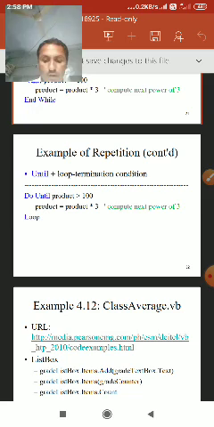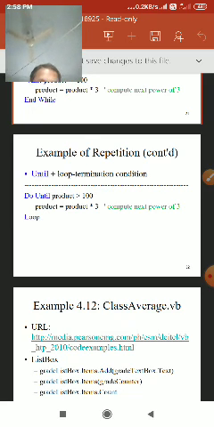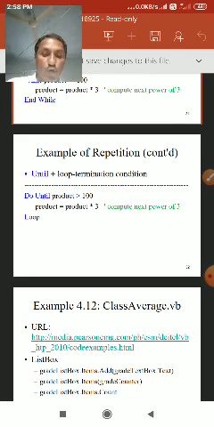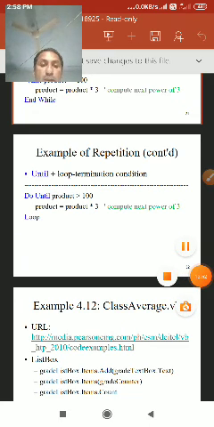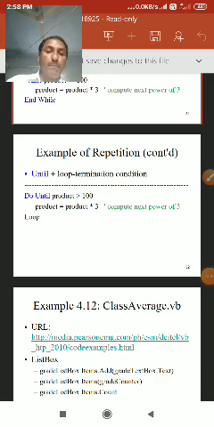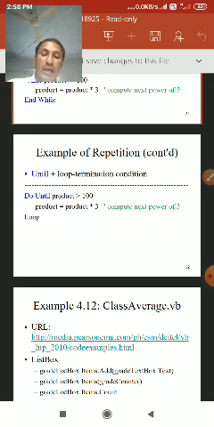Then, in a for loop, if you have condition statements and loops within loops, you have created nested loops. You can actually have as many loops as you want inside a for loop.